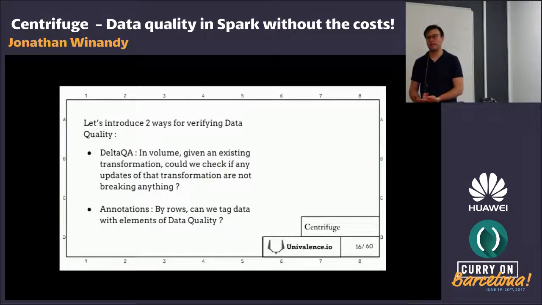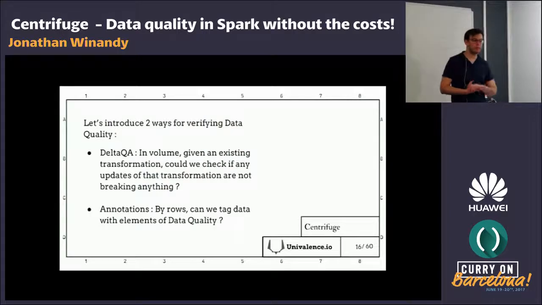So the classical way to do that is through unit tests. But with unit tests, you are only checking some part of the behaviors, but you don't check the behaviors for real data, and especially what happens on the real data sets and the proportion that are out. For example, if you start to reject a row, did you reject too many rows or not, and so on and so on. The second way to integrate data quality is to use annotations. With annotations, you can tag elements of data with data quality information.